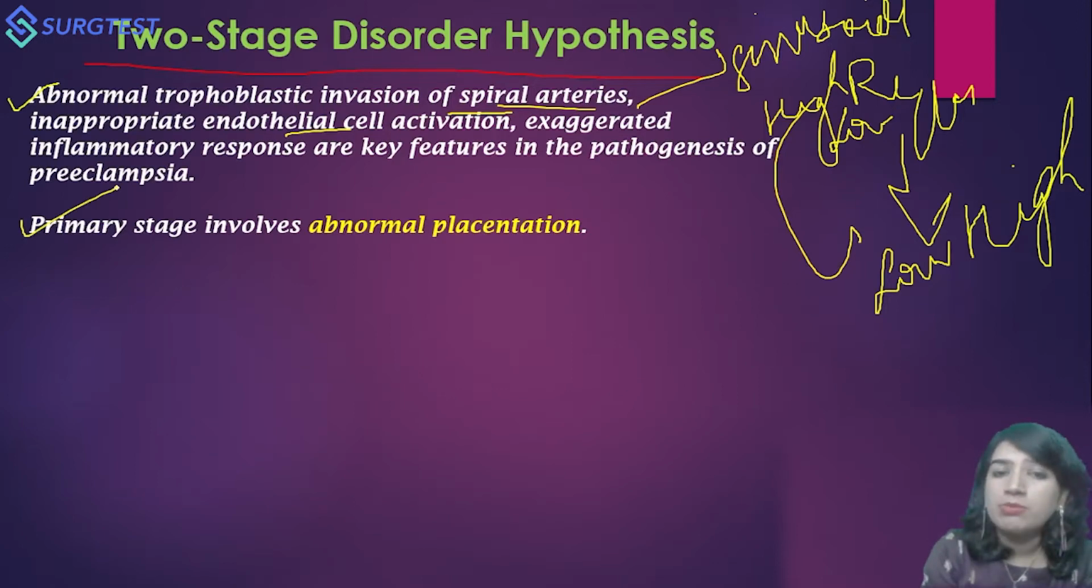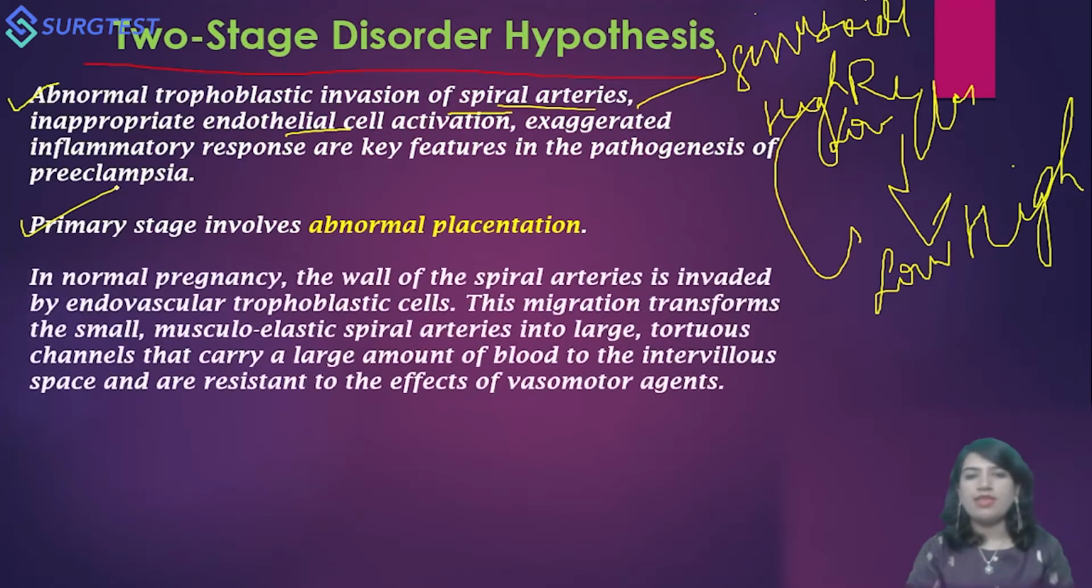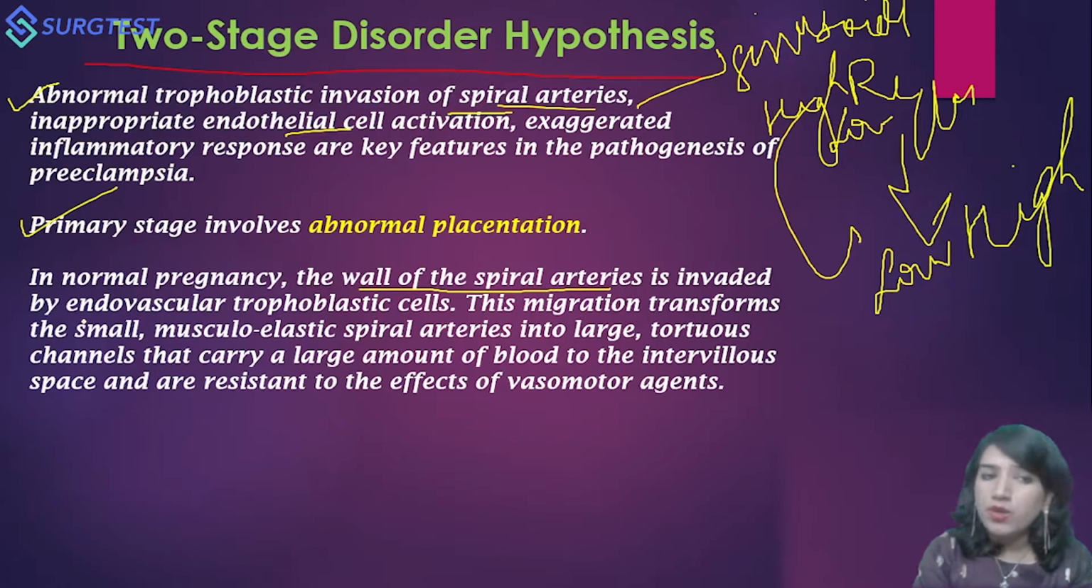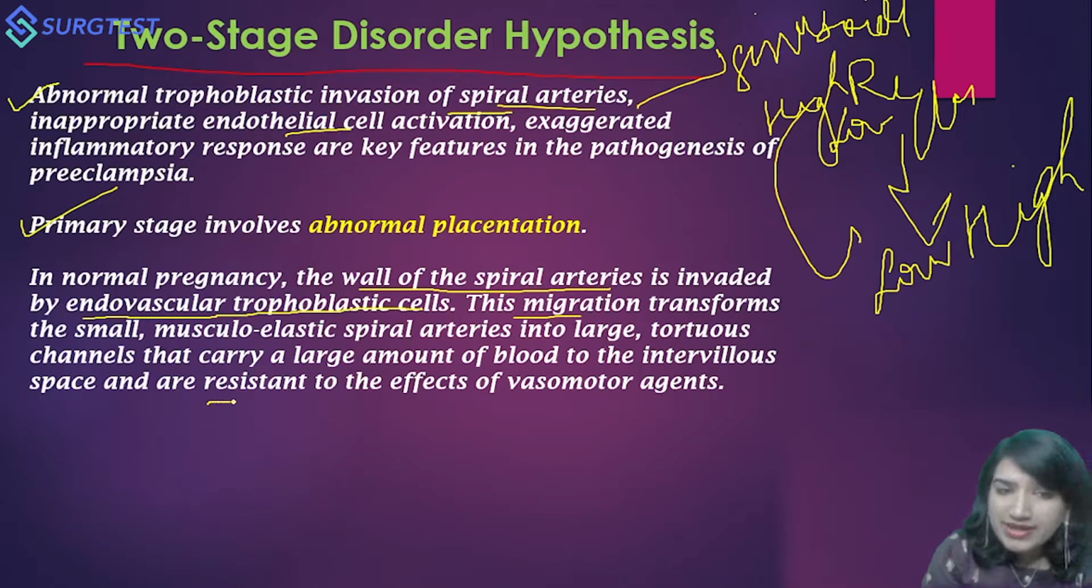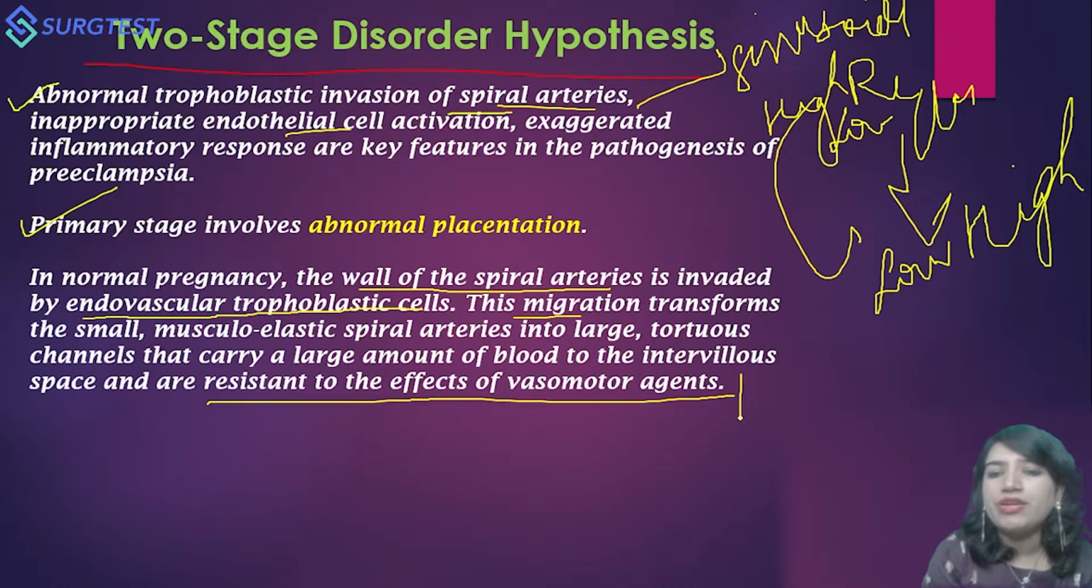It's the abnormal placentation. So this is again a reiteration of the fact that in normal pregnancy, the wall of the spiral arterioles is invaded by the endovascular trophoblastic cells. This migration transforms the small musculoelastic spiral arteries into large and tortuous channels that carry a large amount of blood to the intervillous space. And this is a very important fact that these are resistant to the effect of vasomotor